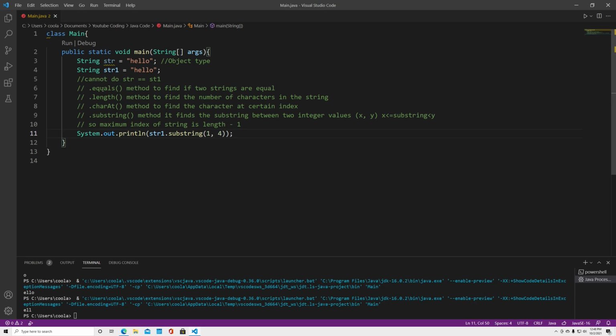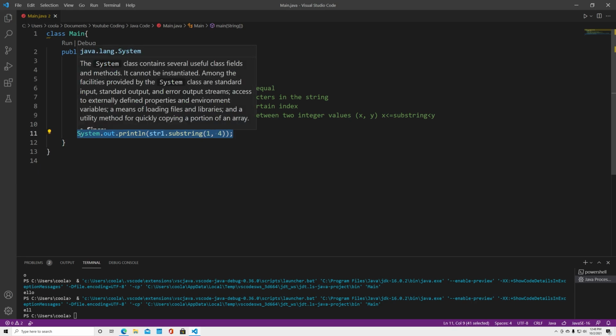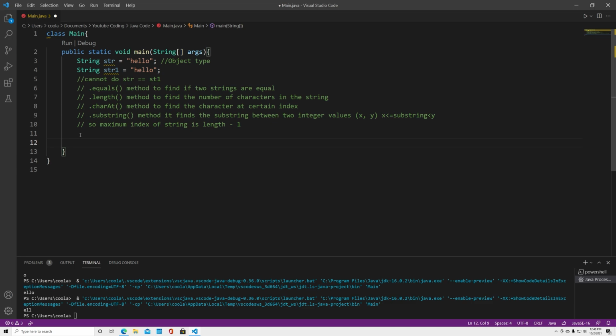Okay, so after going over all these methods, the next thing I want to go over are arrays. So an array is something that, let's initialize one for now. It can be primitive, or it can be like an object. So let's say we want an array of ints. We can do int, open bracket, close bracket, and let's call it array. And then we do equals new